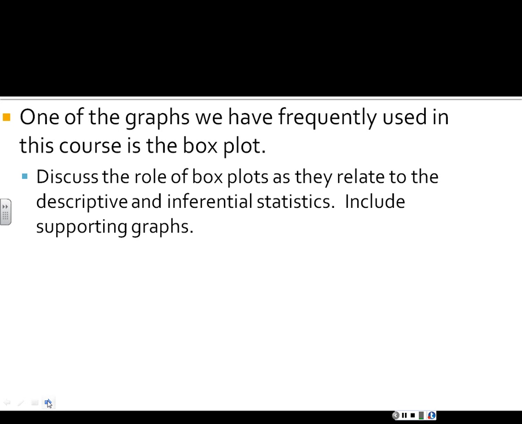Okay, box plots. It says discuss the role of box plots as they relate to descriptive and inferential statistics, and maybe include some supporting graphs. So really there's two things that I think we've used box plots for over and over again. One is for the identification of outliers and extreme values. And remember that those affect the necessary sample size for quantitative